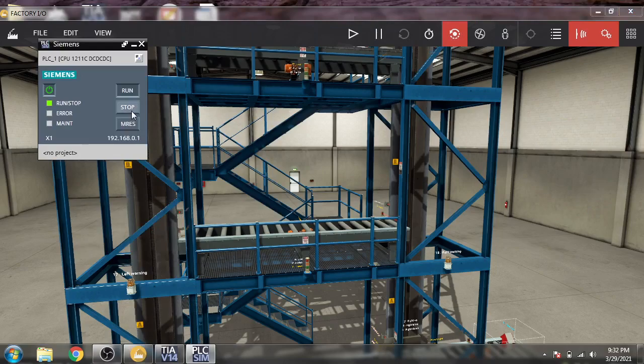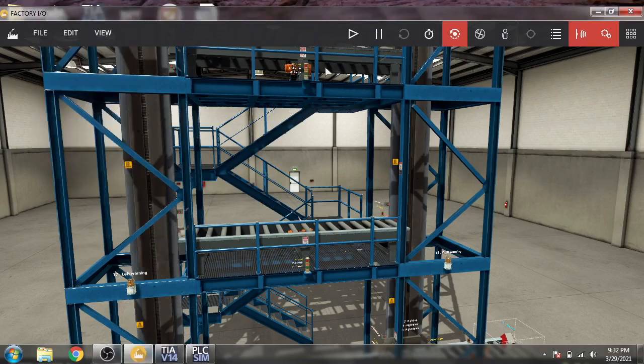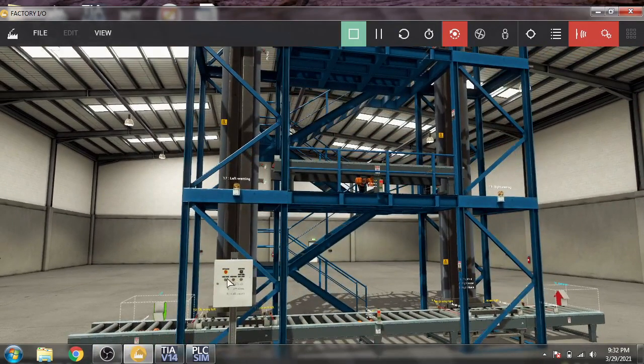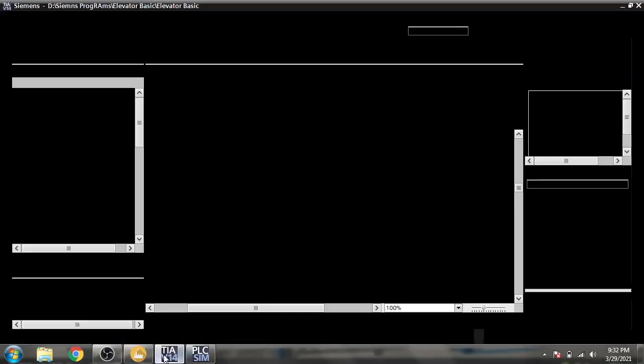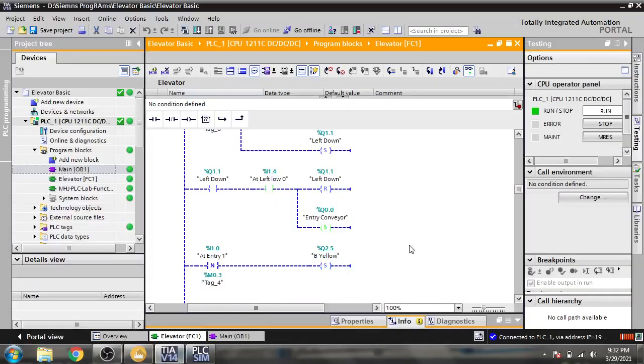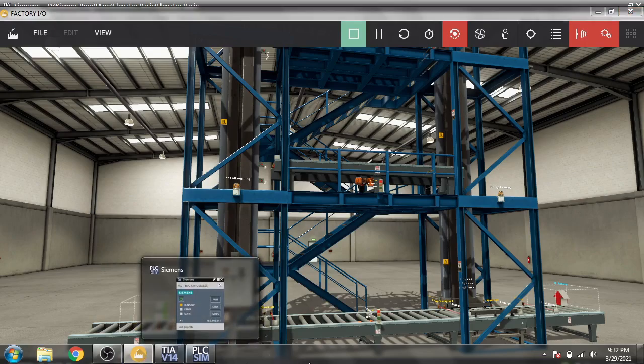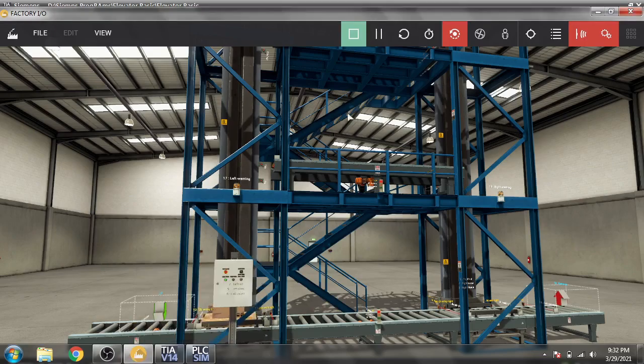I think we need to reset that again. Now again, you will see that it will set again an entry conveyor. After at left low, you will see that it will reset left down and set in entry conveyor. So what it will do, you will see that this program is working, but I think you will see that.